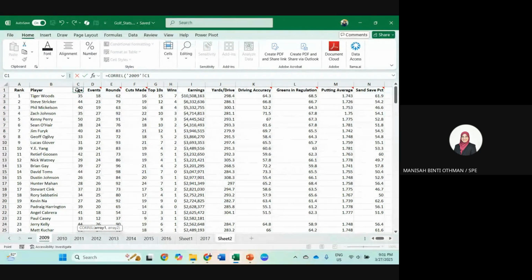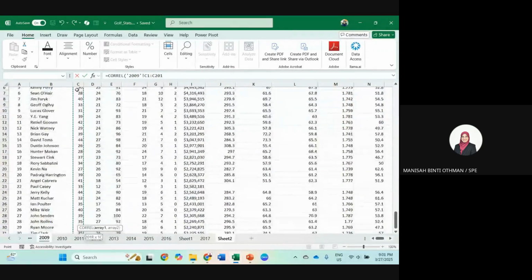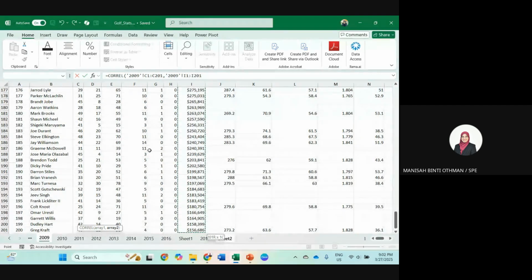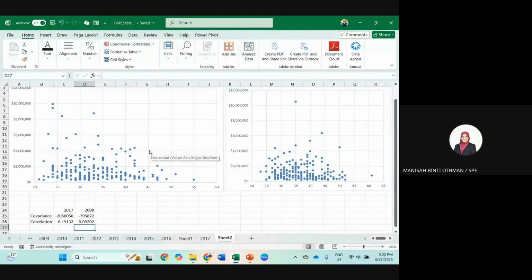Control shift down, H and then comma. Okay, again refer to this formula. You can see the small box, it's originally from that sheet, but when you bring it to another sheet to copy the data, it will also display in the other sheet. So control shift down and when you press enter it will go back to this sheet. Okay, so you can see the formula here.